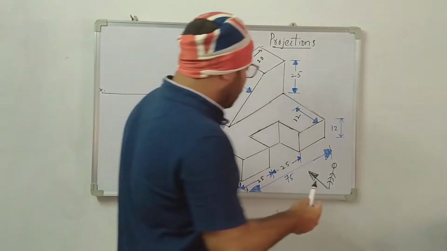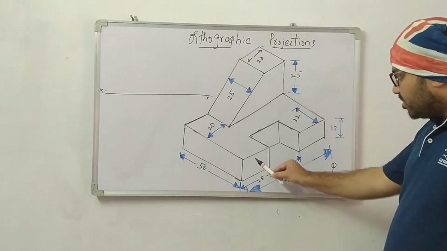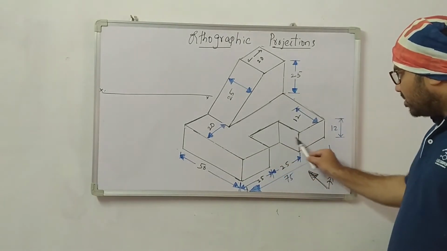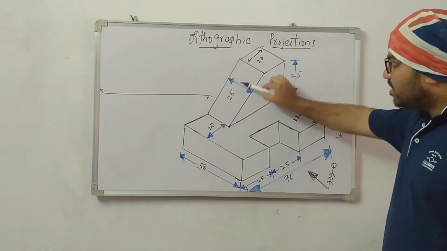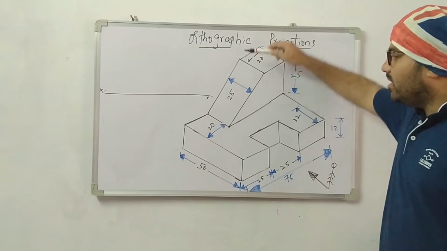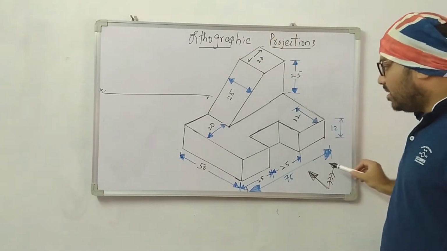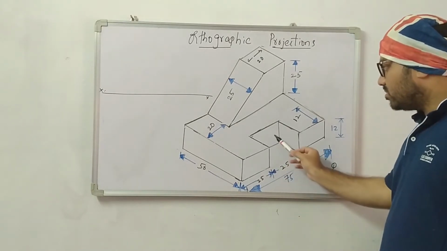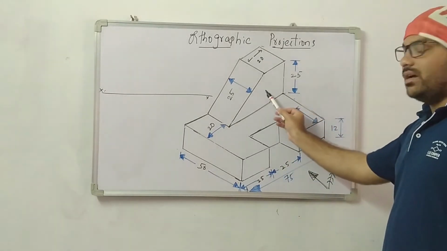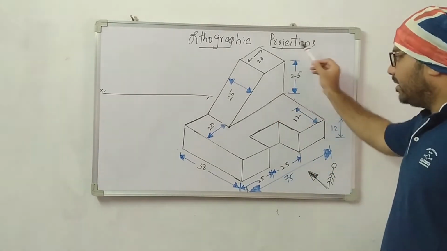The observer is standing here. Now you are going to watch this box and this box, along with that this box. I can't see this slant face in the front direction. In the top side I can see this slant face, but not in the front. So I am going to watch only these boxes, and we are going to construct this total length and height.